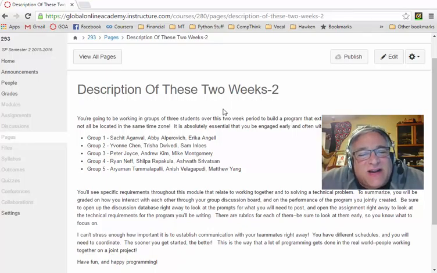You'll each have to do one final reflection in your group discussion board, and that final reflection is going to be, here's what worked and here's what didn't. Here's what's easier in working with partners and here's what's harder. Here's what we found was easy and here's what was hard about the technical aspects of this. Here's what we changed based on what happened after our initial plans because we didn't anticipate something. Just reflect on how it went, and that'll be part of your grade. Make sure you look at the rubrics for both the discussion board and the programming assignment so you know exactly what I'm looking for and how I'm going to reward you for all the hard work you're doing.